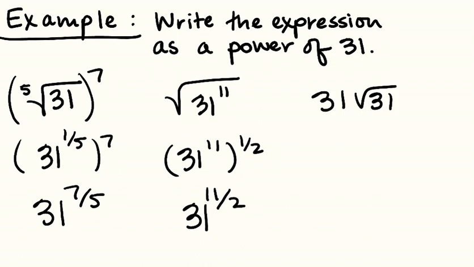And while I'm at it, here's another one. 31 times the square root of 31. Okay, what power of 31 is this? Well, you take 31, and that's 31 to the first, and you multiply it by 31 square rooted, that's the